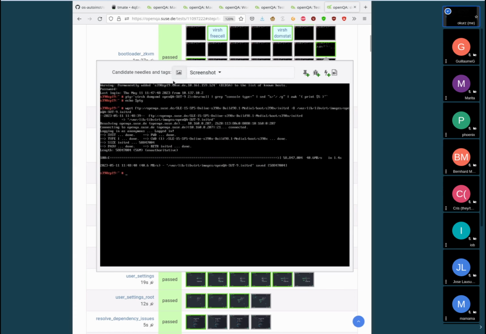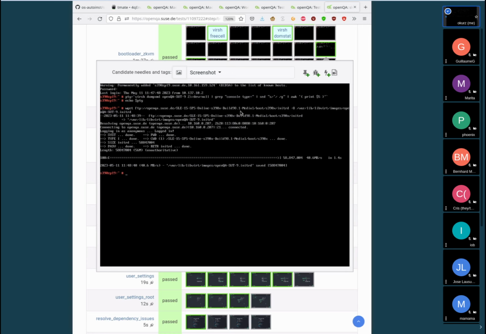Then what is actually continued in that terminal, remember we are connected to the hypervisor as host, is that we need to transfer the assets. Compare that to the default case of a QEMU backend. In QEMU, you would run QEMU on the openQA worker host, and the openQA worker host would have ensured already that all assets are transferred from the web UI, like build 98.1, and from build 98.1 you have like the